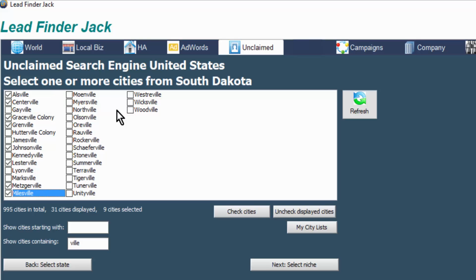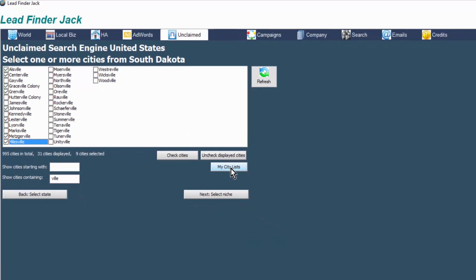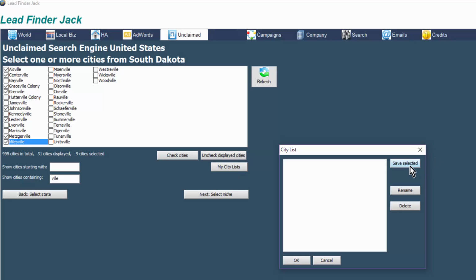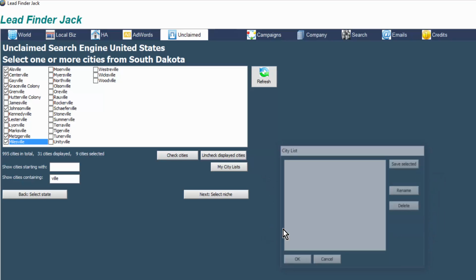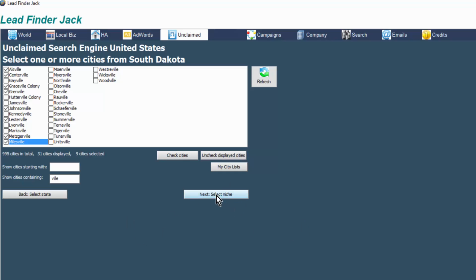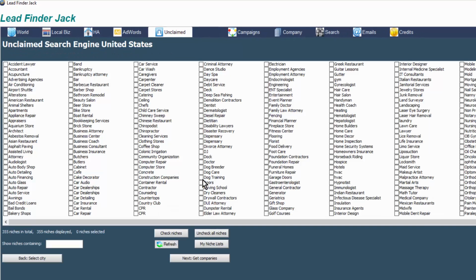So, and then once you've selected them, if you think that you may want to search these cities again for other niches, click on My Cities List and Save Selected, and give it a name that will differentiate these cities from others. And then go ahead and click on Next, select the niche, and you can do the same sort